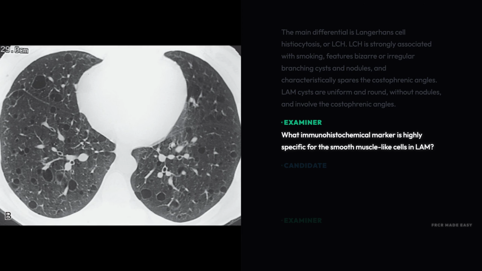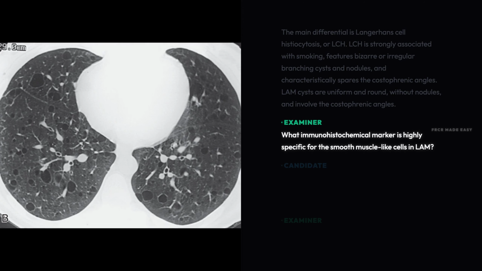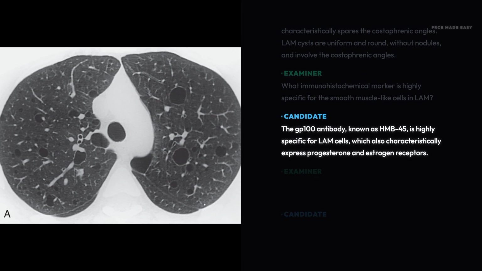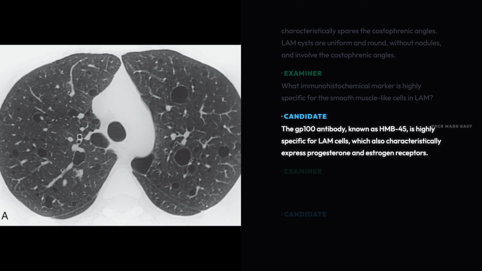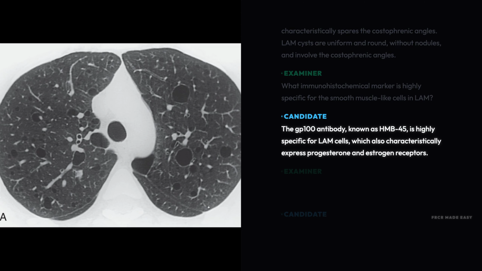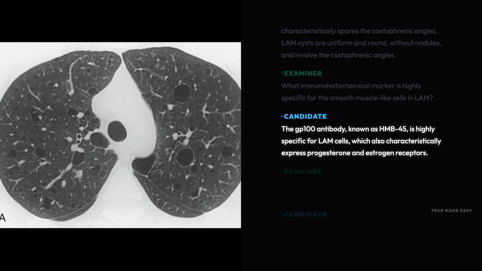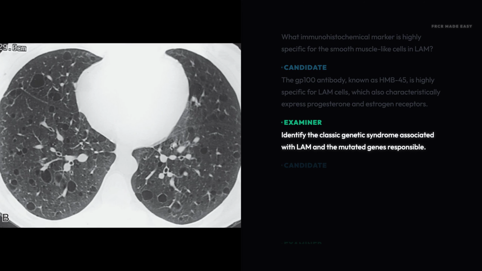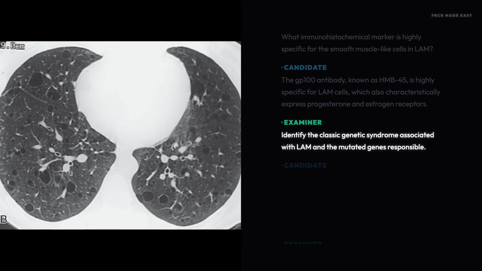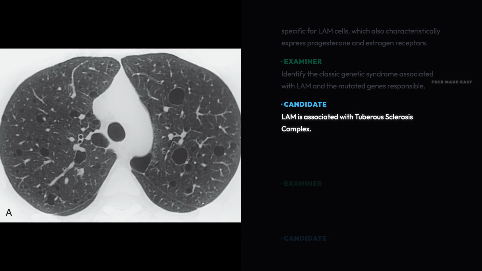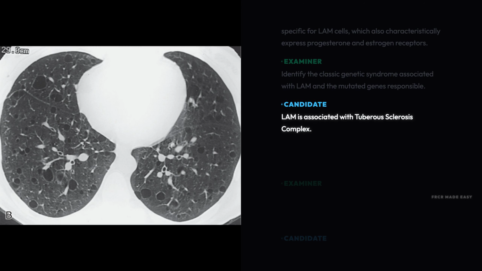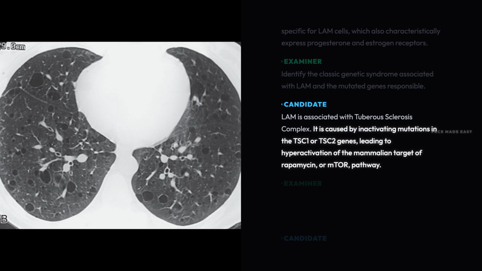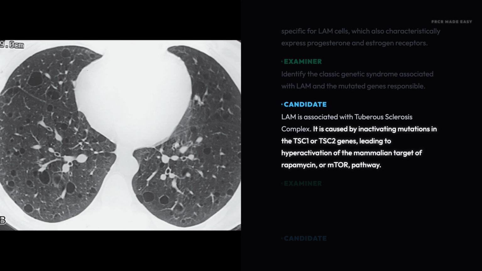What immunohistochemical marker is highly specific for the smooth muscle-like cells in LAM? The GP100 antibody, known as HMB45, is highly specific for LAM cells, which also characteristically express progesterone and estrogen receptors. Identify the classic genetic syndrome associated with LAM and the mutated genes responsible. LAM is associated with tuberous sclerosis complex. It is caused by inactivating mutations in the TSC1 or TSC2 genes, leading to hyperactivation of the mammalian target of